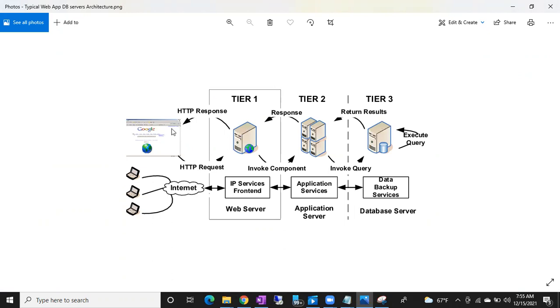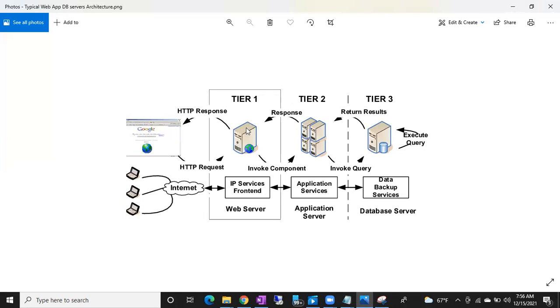If you are opening any application and clicking on any product, see how many actions are involved here. Browser to web server, one action. Web server to application server, second action. Application server to database server, third action. Then it runs the query on the database server, that is the fourth action. Database to application, fifth action.